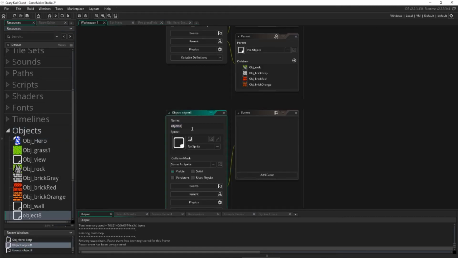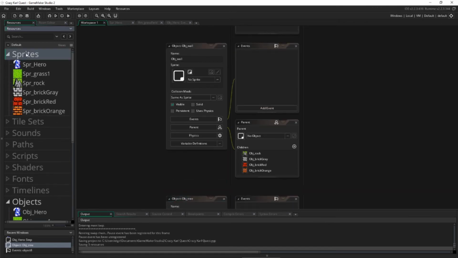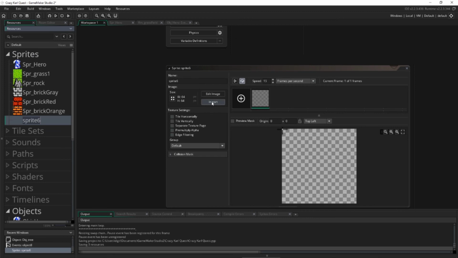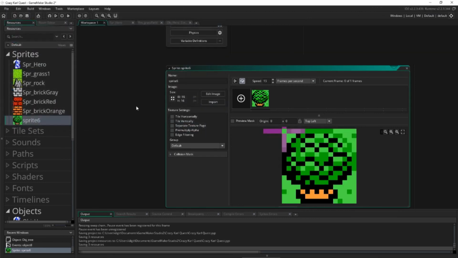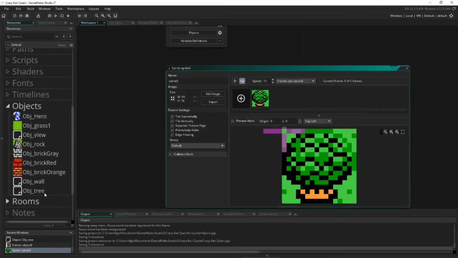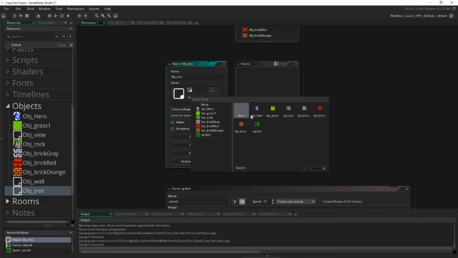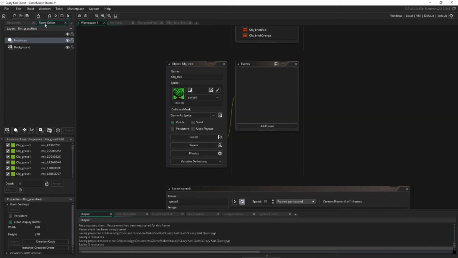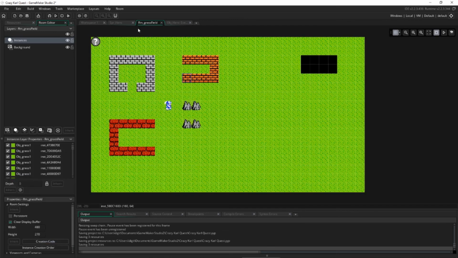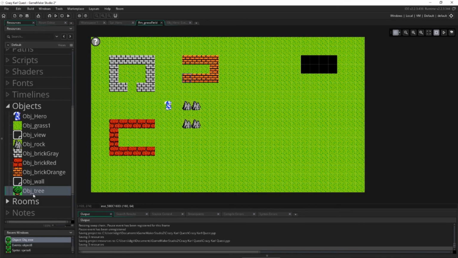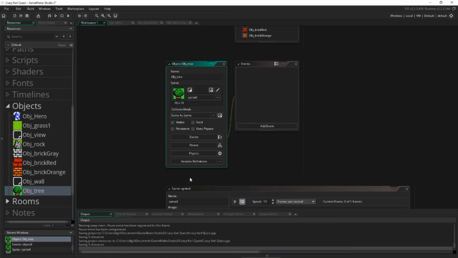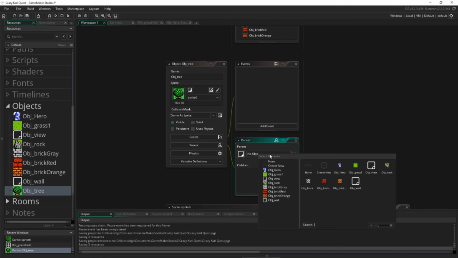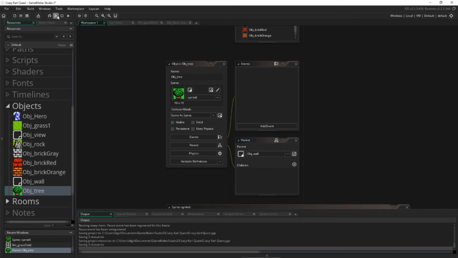Later on, if I want to add some kind of tree object that I want to act just like a wall, object tree, and we add in a sprite that is a tree, make it look like a tree, boom, we go into the room, we drag in our tree. We don't have to add any other code. We need to code nothing special. All we gotta do is, of course, assign a parent to this tree object like we did before, run the game,